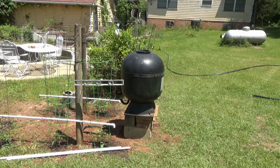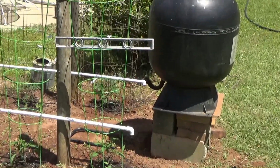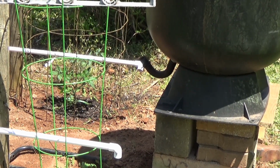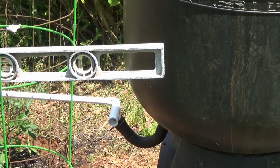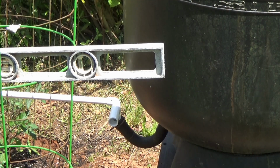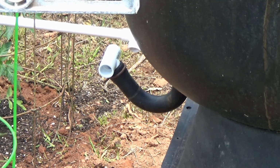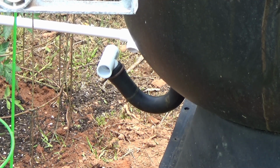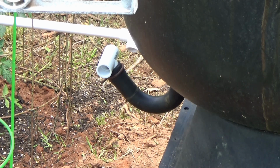Let's get to working on that thing. I'm going to work on my T's and stuff for a little while. My connections right there. Try to join those two rows of pipe in that irrigation container into one operating unit. Alright, I didn't have the right fittings to hook my valve up. I didn't have a piece of the right size conduit to fit the valve that I bought, so I'm just going to leave the valve off right now. I've got the T actually jammed down into one end of that radiator hose and clamped with a,